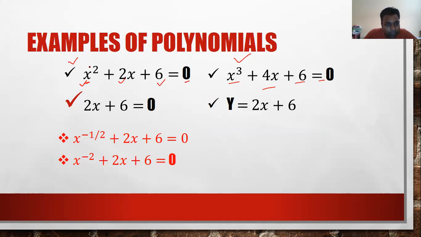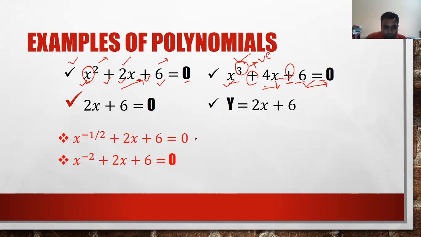First of all, we are having the variables, the coefficients, and the constants. That's okay. Also we are having the positive exponent and we have the addition present here. So this is a polynomial. Similarly, in this case, you have the power equal to 3, that is a positive one. We have the addition present here, we have the variables, and we have a constant here. So this is also a polynomial.